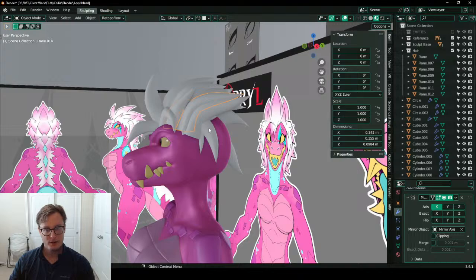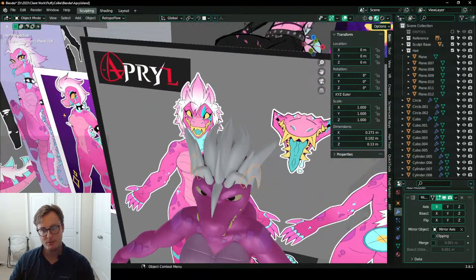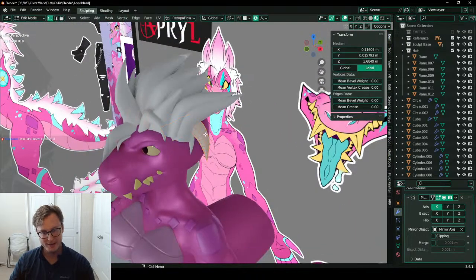It's going to be interesting to try to find the balance between what the hair looks like from the side and what the hair looks like from the front. Hopefully, fingers crossed.